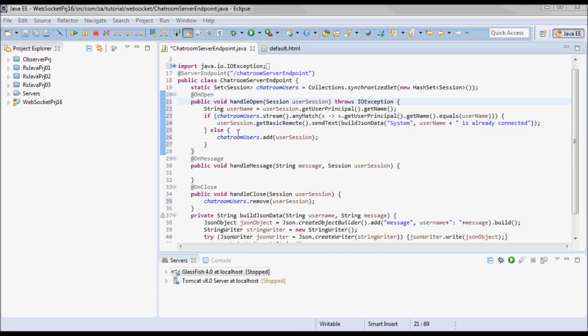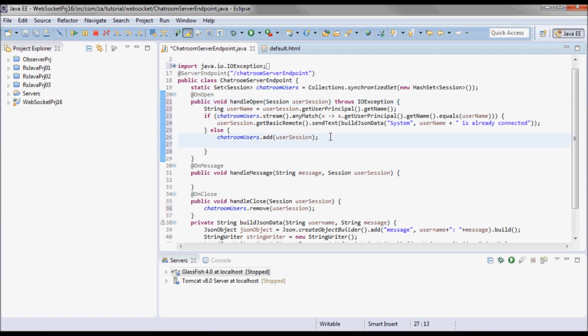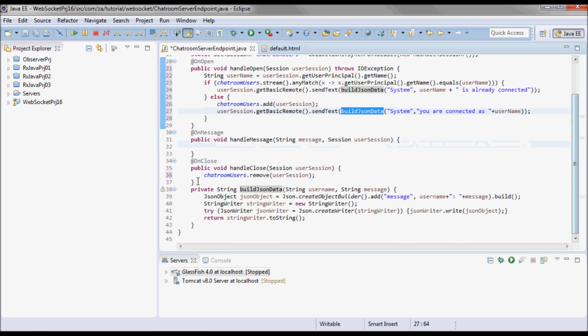Otherwise, after adding the user, I'll send this message. So from the system, so you are connected as and the username. And in both cases, I'm using the built JSON data method that I added over here.